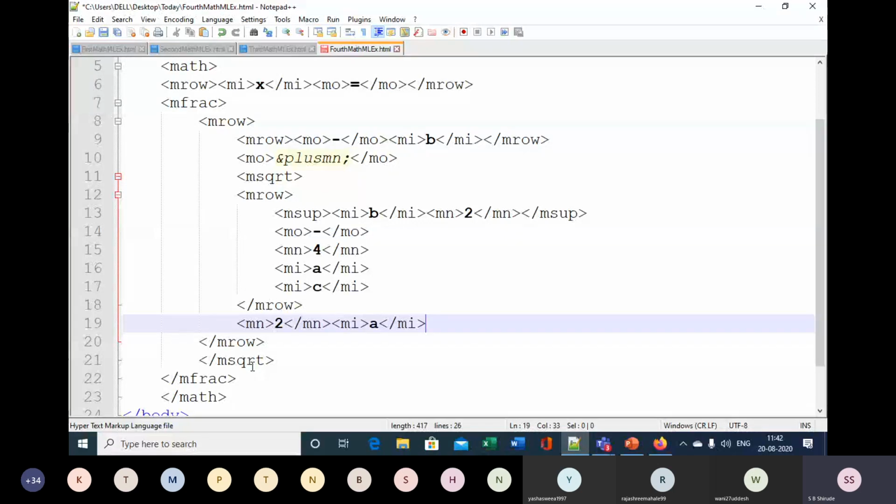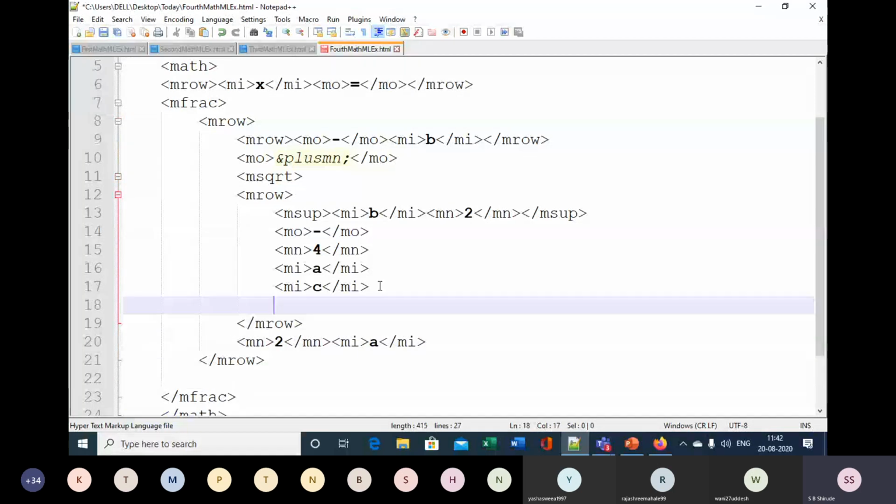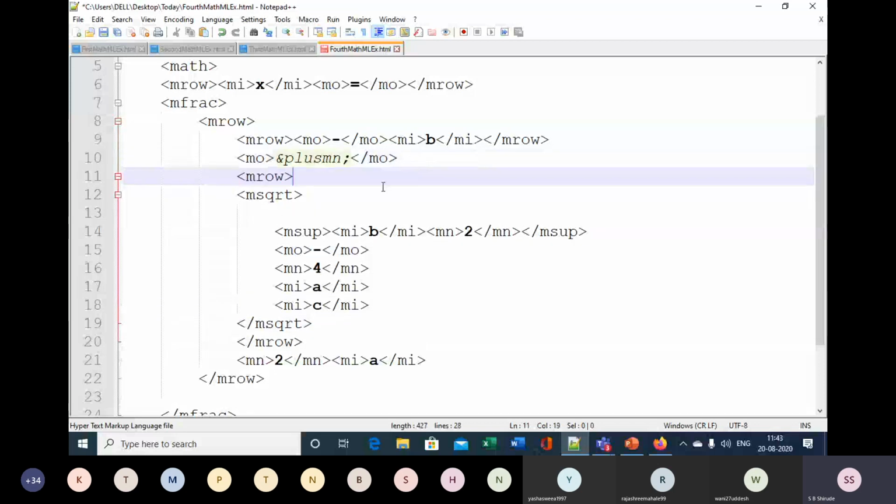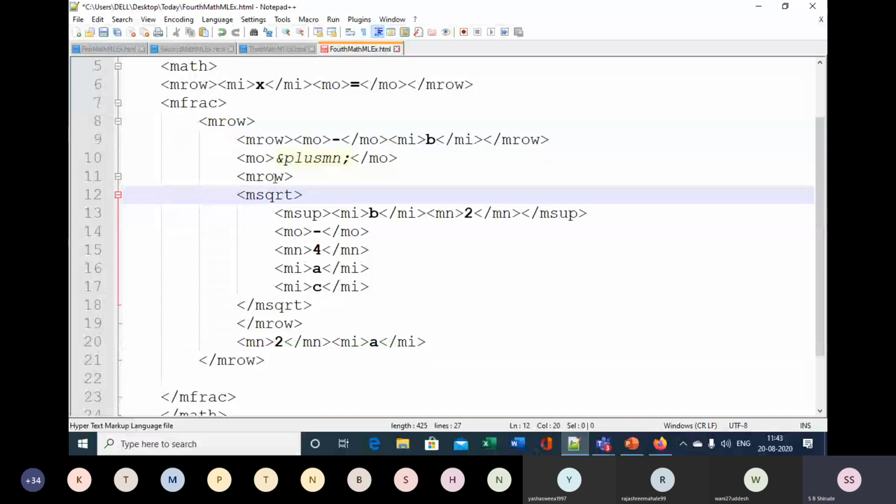So m square root, and you can have this m row over here. This way, m square root 4ac, this one row, and then this one is 2a, like this. And this is the fraction that we have used, and then close the math.